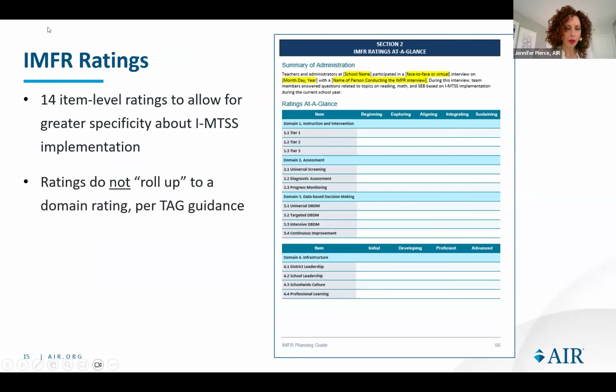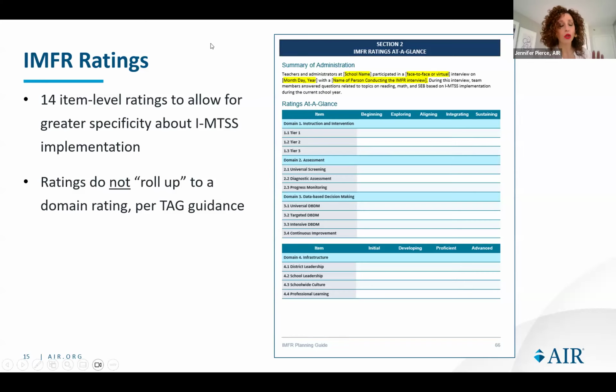All right. And so a couple of other things here I want to mention before we get into some engagement opportunities is that the way that our ratings are provided is at the item level. And you might be familiar, I know you are because some of you are using it, with the TFI, where from what I understand, the ratings can kind of roll up to be a domain level type of a rating. In the IMFR, we actively decided that that's not how we were going to handle our rating scale.